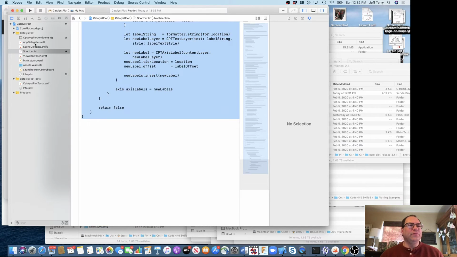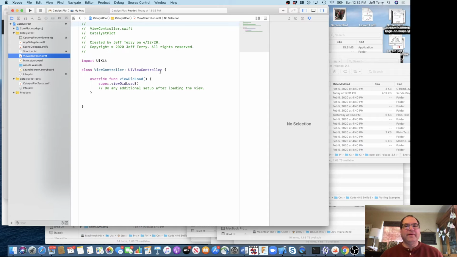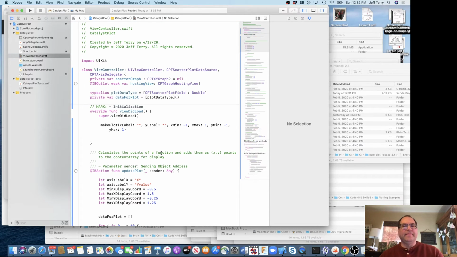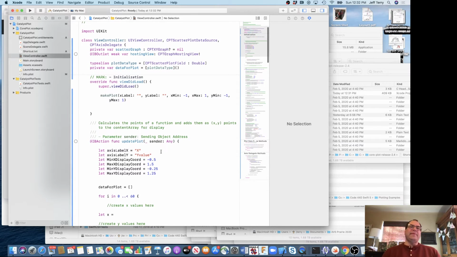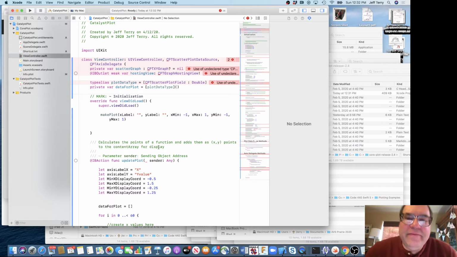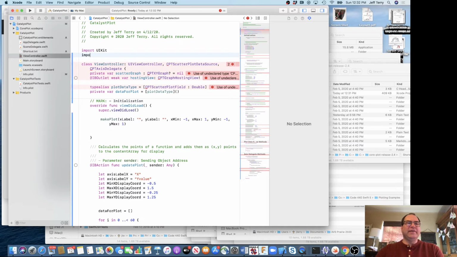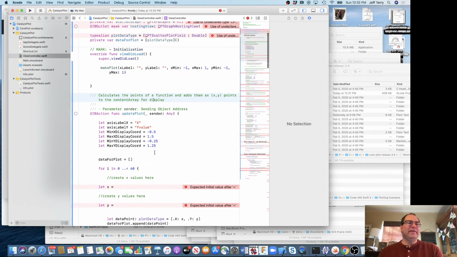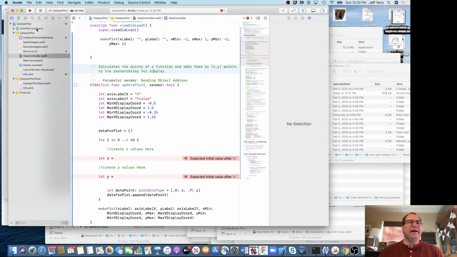And to paste from here. So now we have the same thing. I have a lot of other huge problems because it doesn't know CorePlot. So I'm going to import CorePlot, and we will add